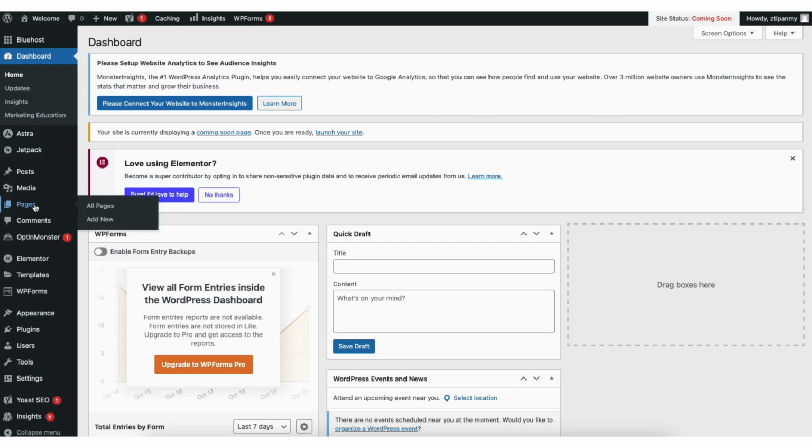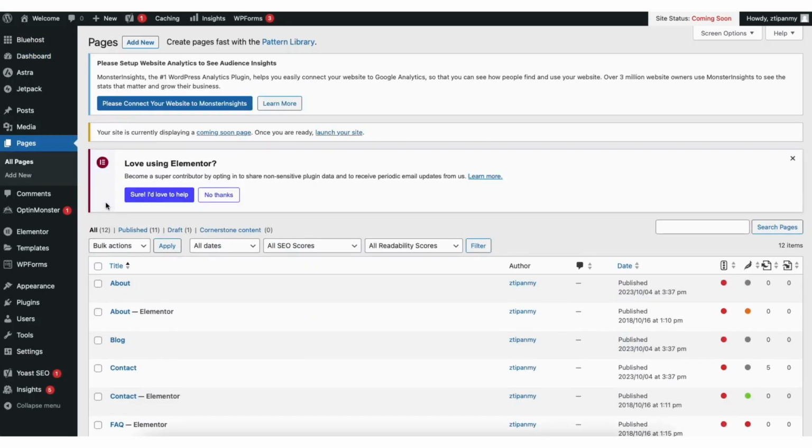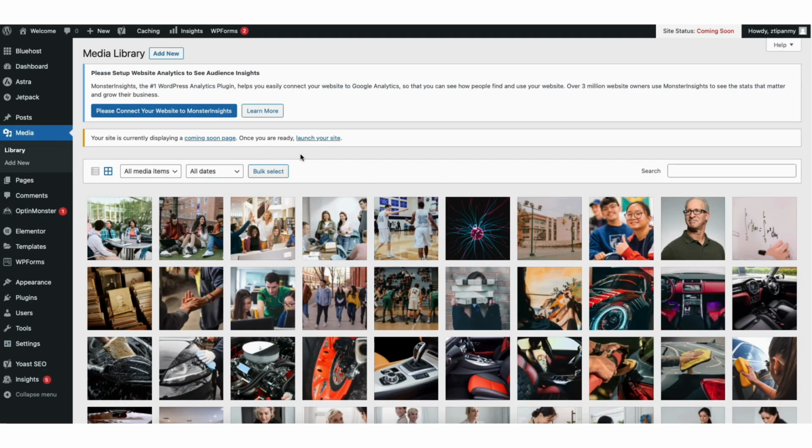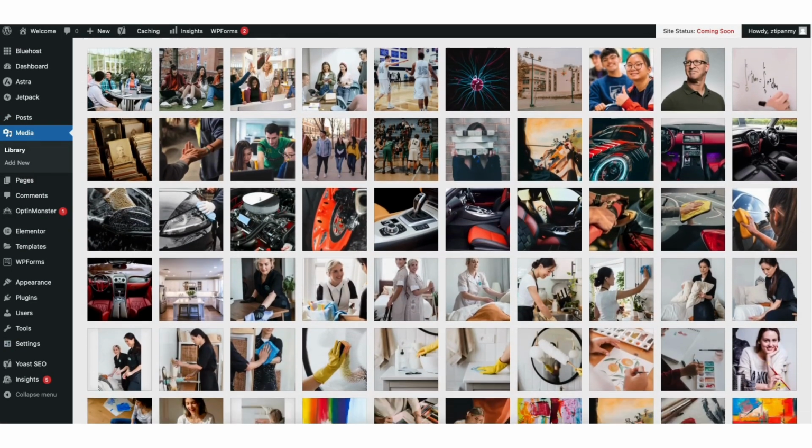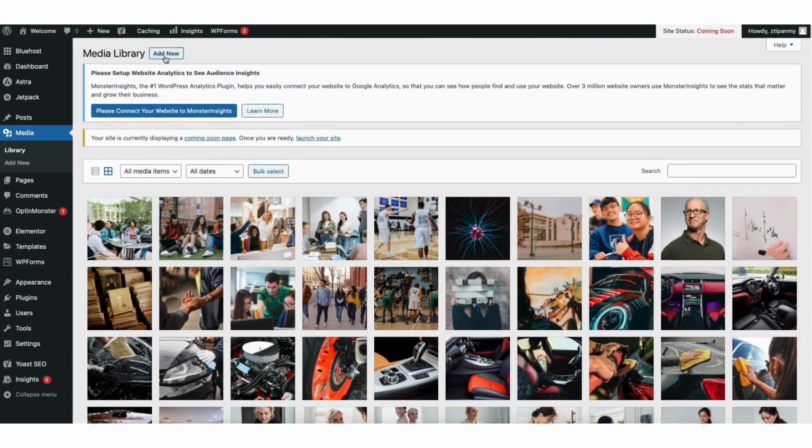If you hover over the Pages tab, click Add New to add a new page to your site. If you click All Pages, it'll showcase all the pages on your site. If you hover over the Media tab and click on Library, it'll show you all the images you have uploaded in WordPress. If you click Add New at the top, you can then upload or drag in an image into